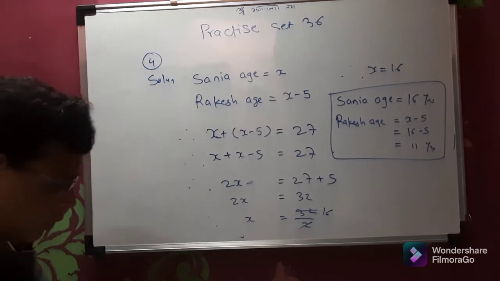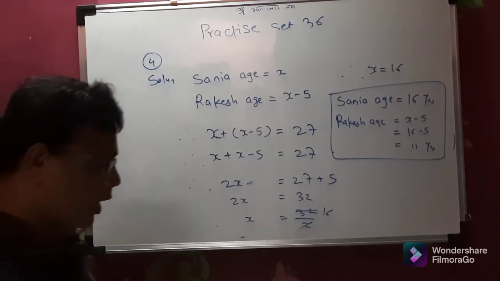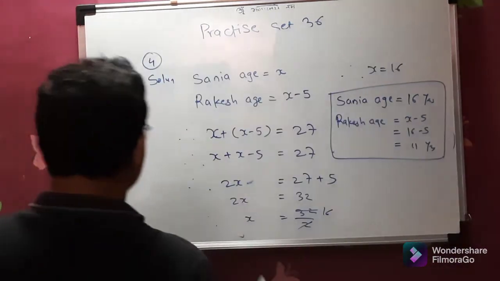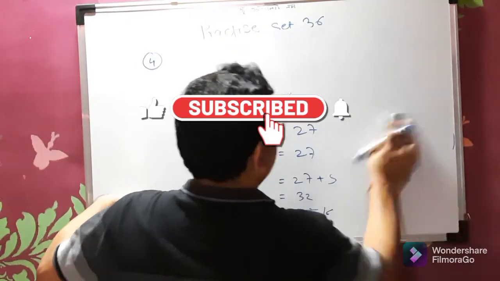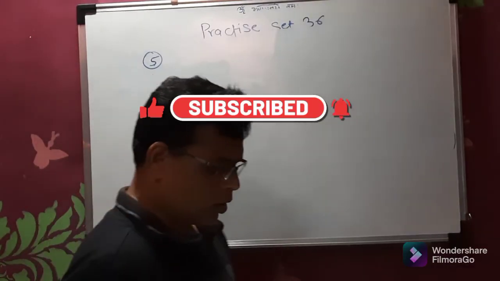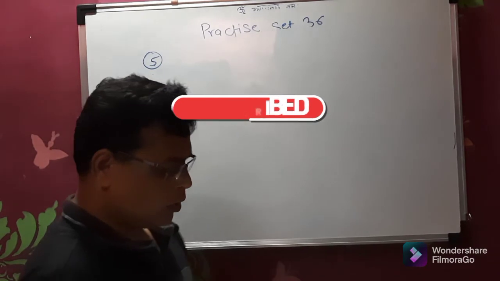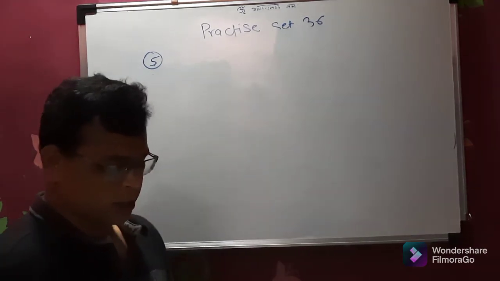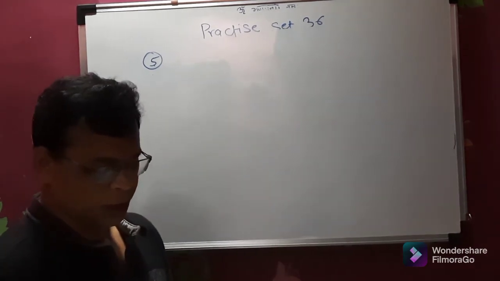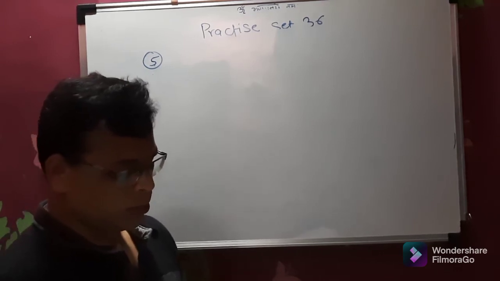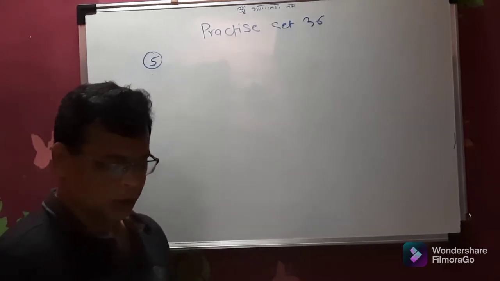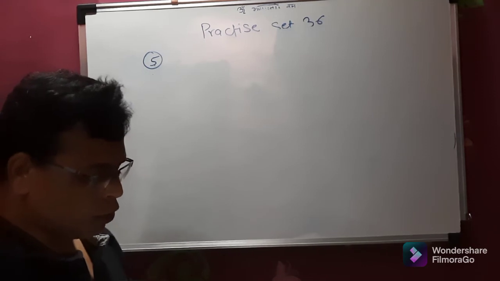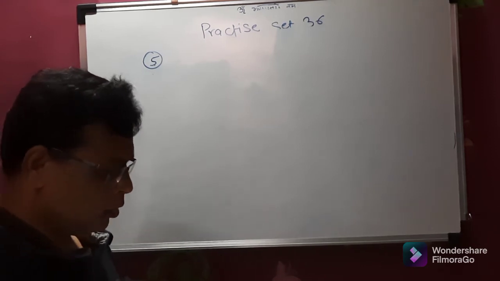Now we will move to problem number 5. Now we are going to solve problem number 5. When planting a forest, the number of jambul trees planted was greater than the number of Ashoka trees by 60. If there are altogether 200 of these two types, how many jambul trees were planted?